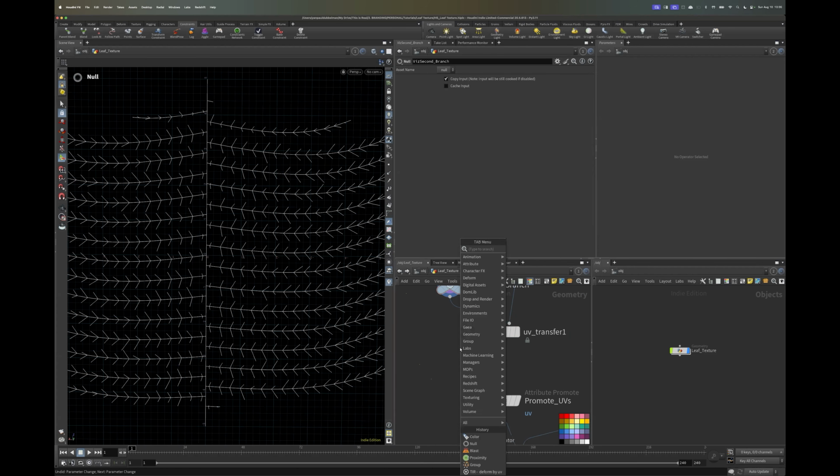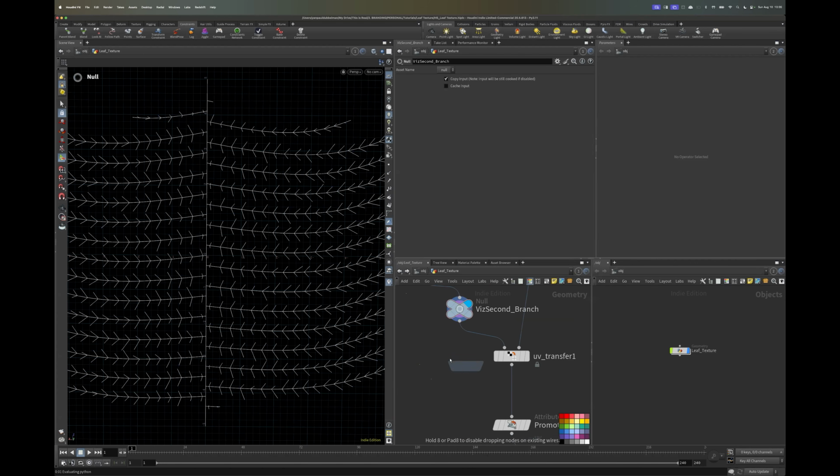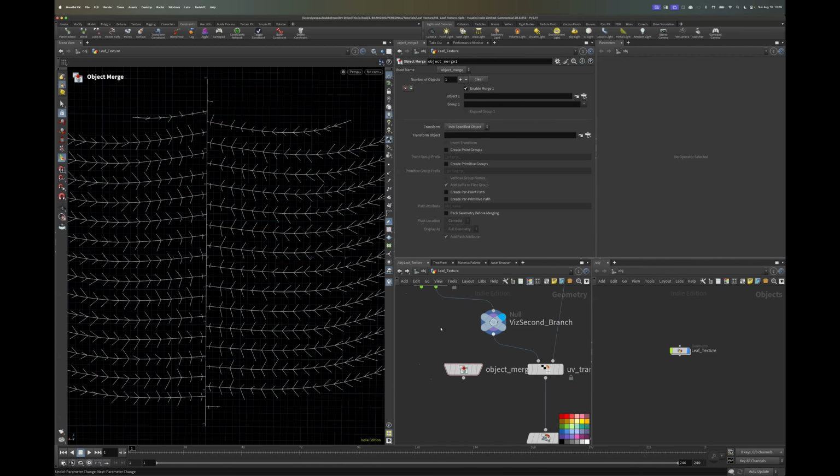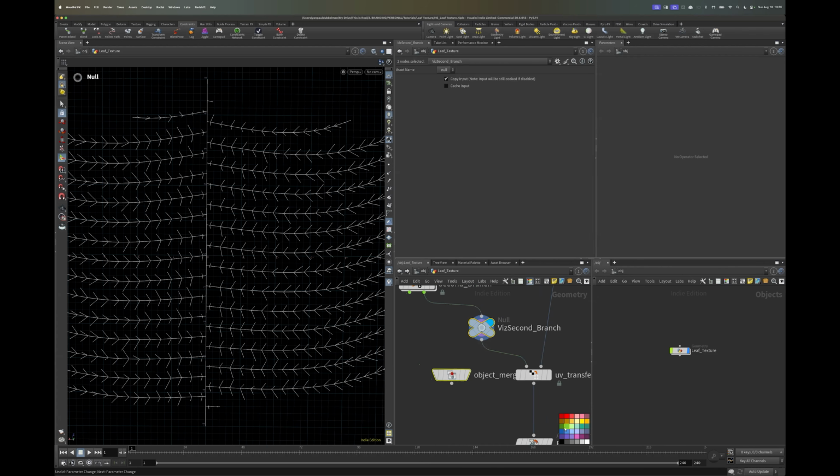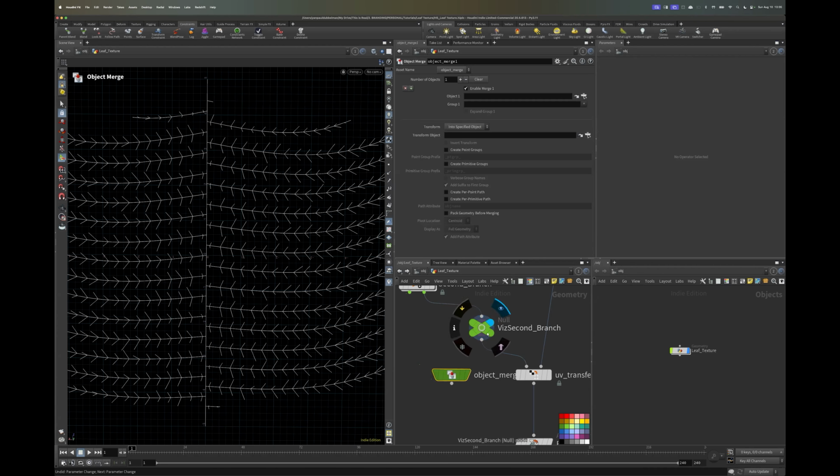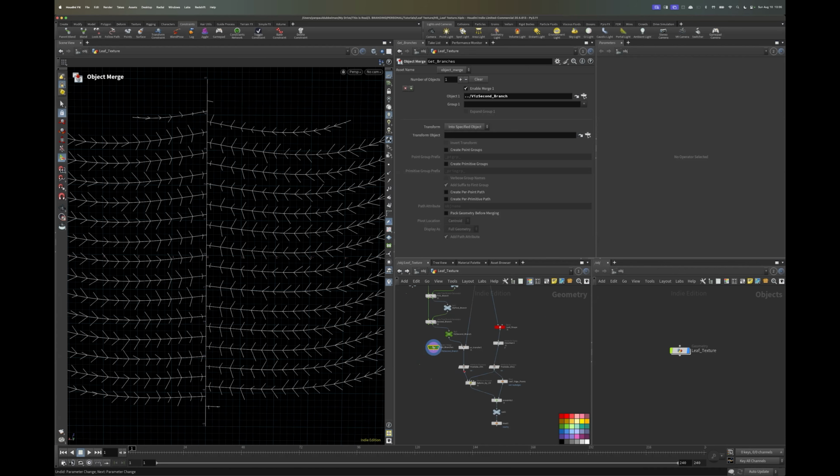So what I'm going to do is just use an object merge, to keep things relatively clean. And I'm just going to put this second branch in our object merge. I'm going to give them the same color so that they are linked. Yep, and I'm just going to call this get branches. And you can just drag this null up in this object here. Okay, so now if you run this node here, then it's just going to collect these over here. And what I tend to do is just cut this node, Command X or Control X, I think, and cut and paste it over here, because this is where we are going to generate our